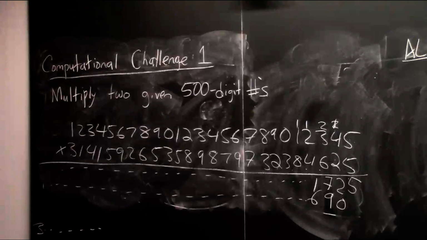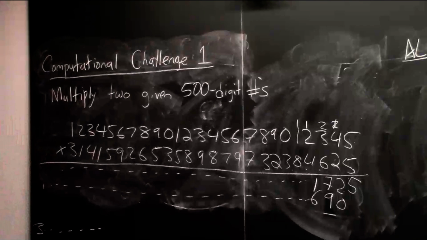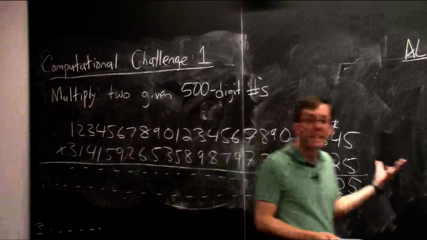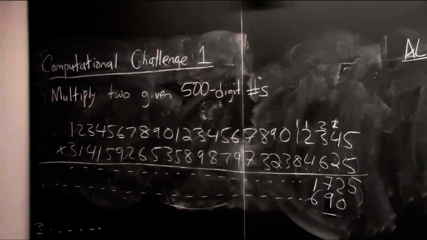That's what a computer will have to do if it wants to do this multiplication. It's very annoying these days because everybody's favorite programming language, Python, has the built-in ability to just multiply two arbitrarily long numbers, so you can't use it as a good example. But if you were trying to do this in C, for example, you would have to write a 10-line program to solve this problem.